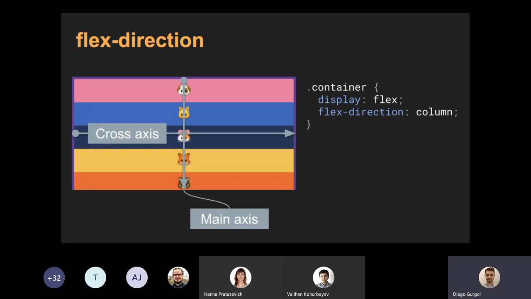So for example, if we change to column, our main axis now will be from top to bottom, and our cross axis will be from left to right. So we change the direction of things here, and then everything that we set now inside of the container will consider this direction as a point of reference. Okay,